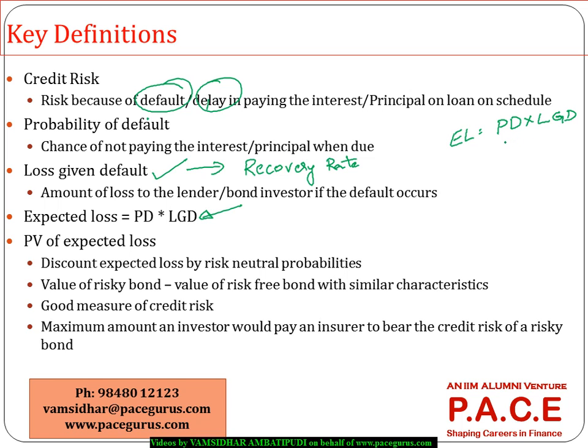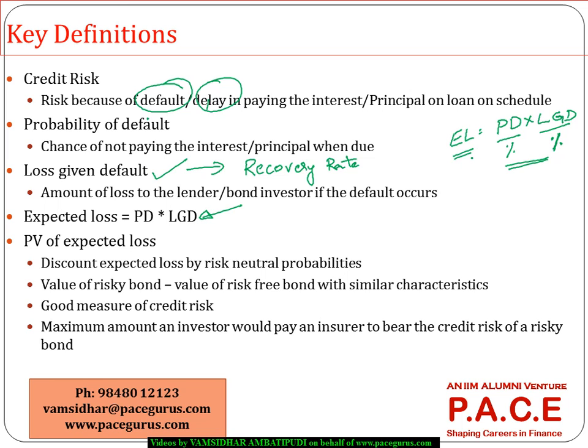This is also in percentage form, so the expected loss comes in percentage form. Loss given default is what proportion of the total money I can lose in case there is a default. Probability is the chance of default. So when I multiply these two, I get